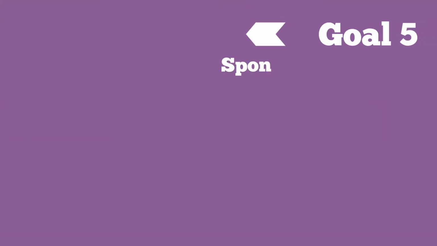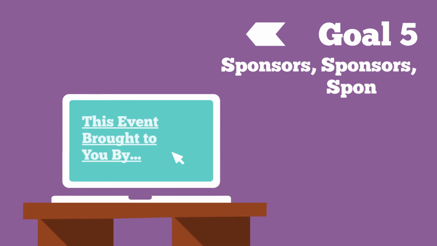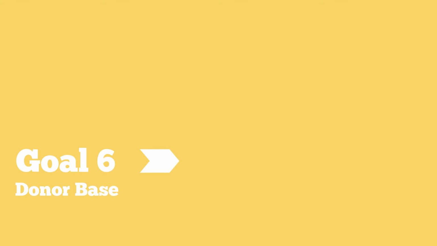The fifth goal is to increase sponsor support. How many new sponsors are you going to attract this year? How many current sponsors are you going to retain? The sixth goal is to improve your donor base. This can be done in a few ways and can also be looked at as a whole. How many donors are you going to retain from last year to this year? How many new donors will you get? Overall, how much will your donor pool increase? Breaking it down farther, how many big gift donors will you get? How many millennials, etc.